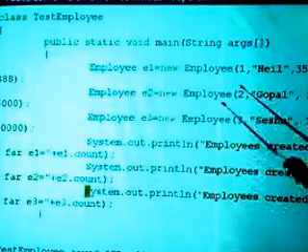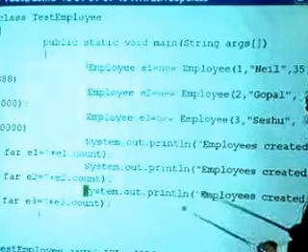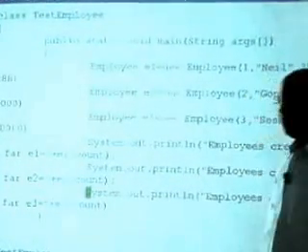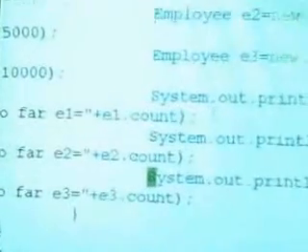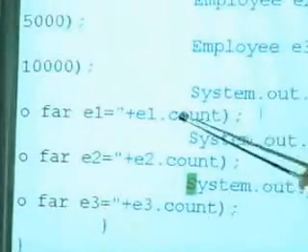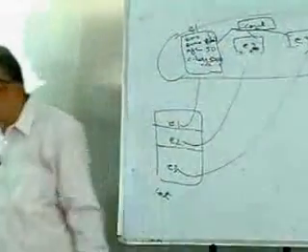Okay, what's going to happen? Now we're going to create employee E1, E2, E3, and then we are going to say E1.count, E2.count, E3.count. What will be the answer? The answer will be 3 for all of the cases, because when we refer to E1.count at this stage, 3 employees have been created. So the count has been incremented 3 times. So E1.count accesses not the count here, but the count here, which is shared. When you say E1.count, you should get count as 3.